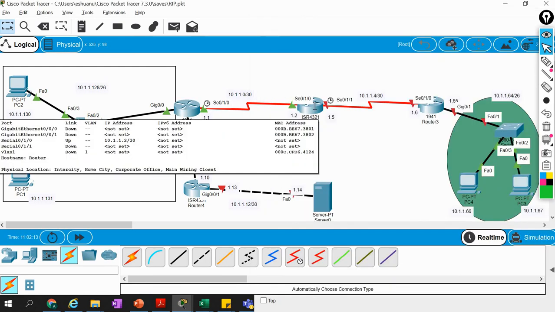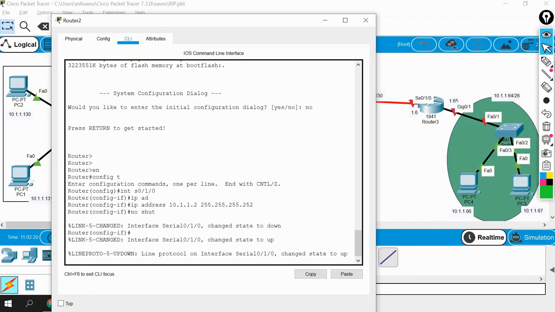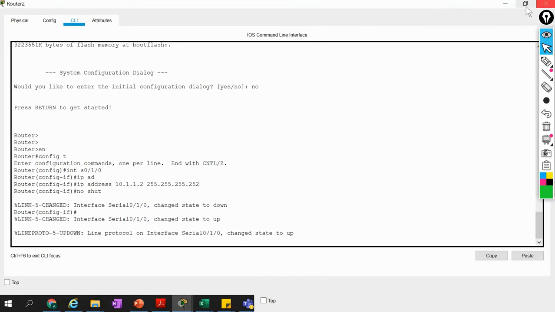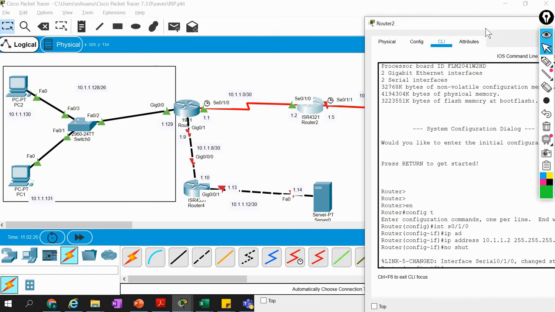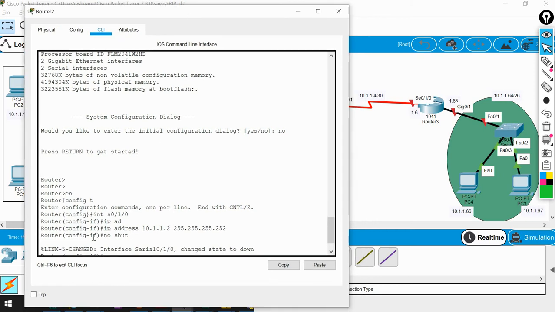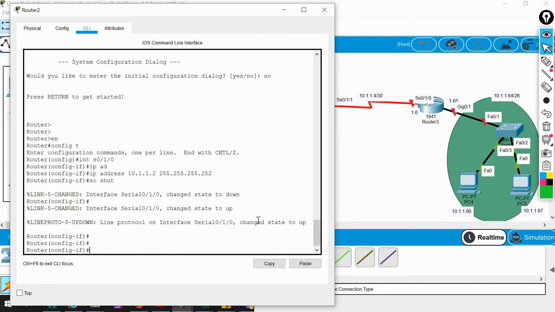We have not given the 0/1/1 interface yet. So let's give that as well. Oh, it became large. What is the interface now? Yeah.